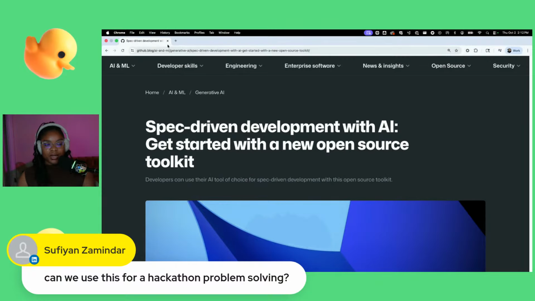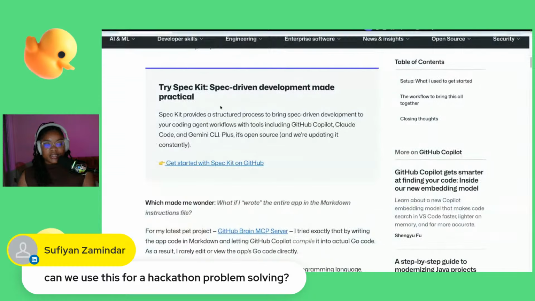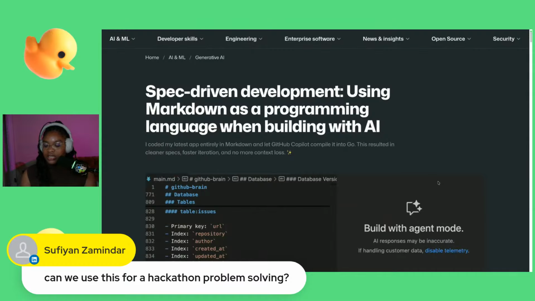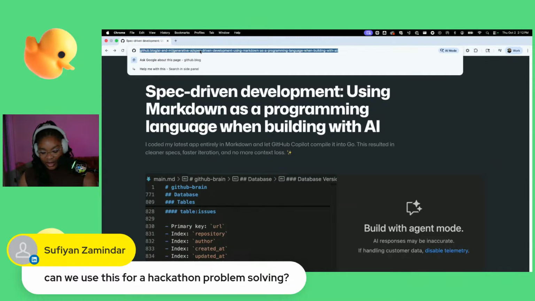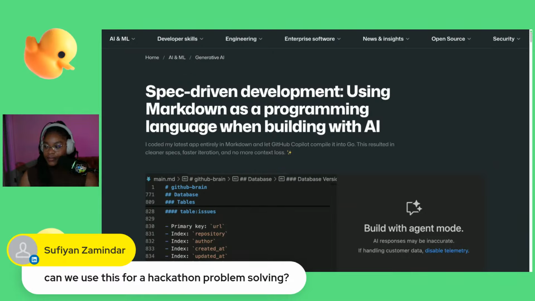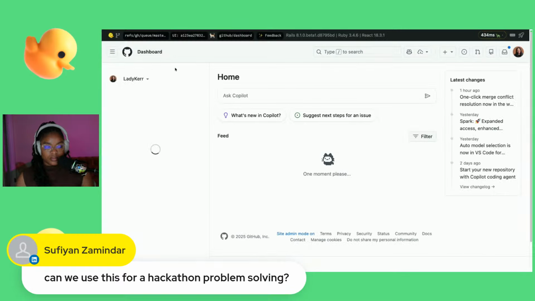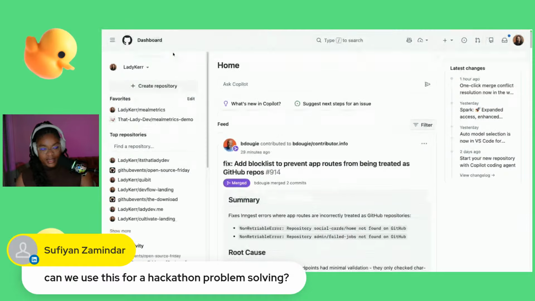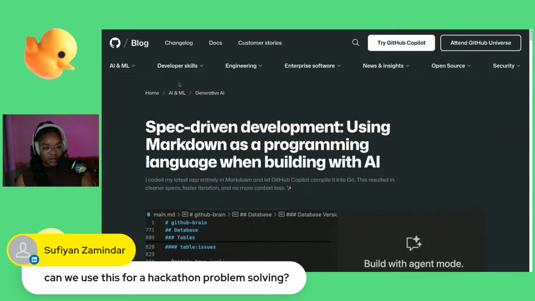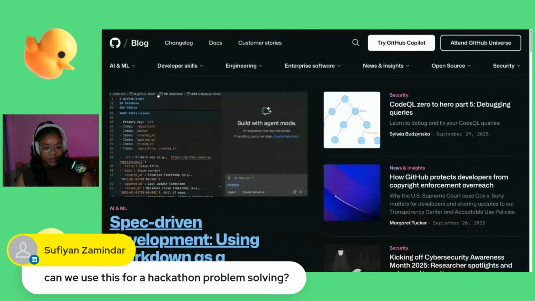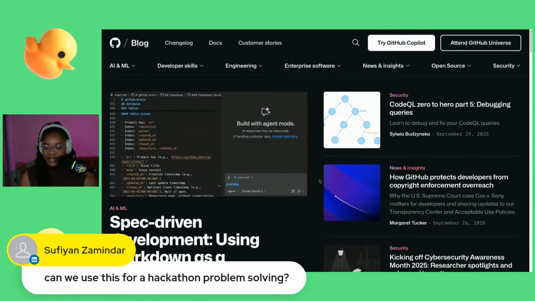And so check out that blog post on spec-driven development with AI tools. It's really, really good. I'll drop the link here. If you go to the GitHub blog site, that very first tile will be this blog post. Oh, never mind, that's not what I wanted to do. Maybe home. Yeah, so this very one here will be that blog post. So definitely check that out.